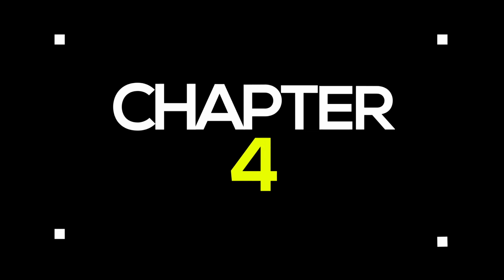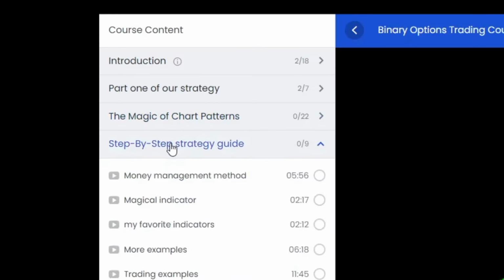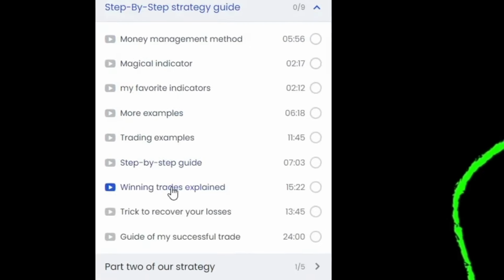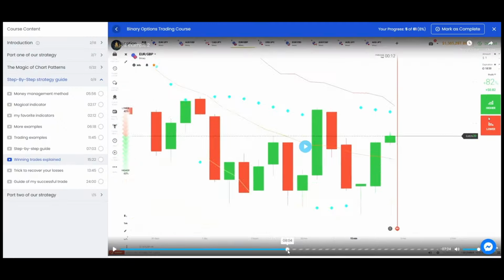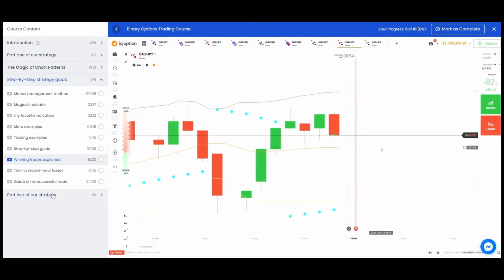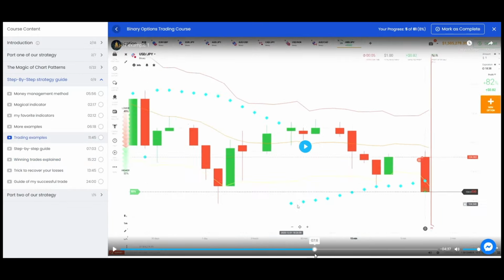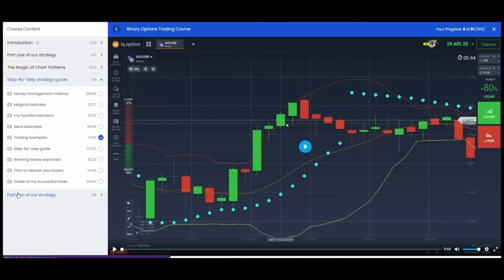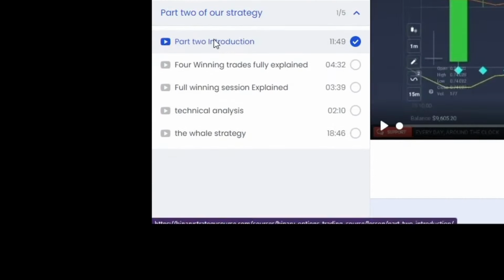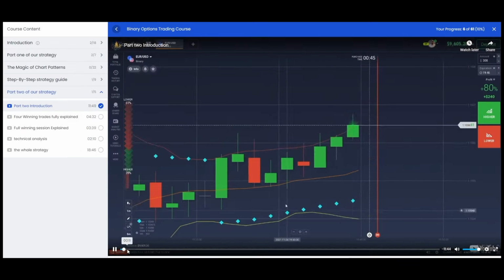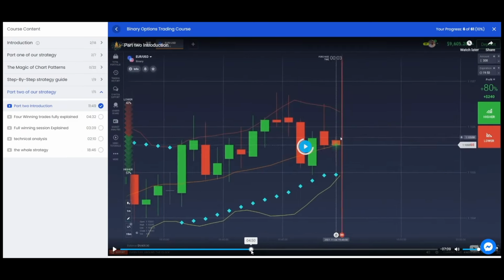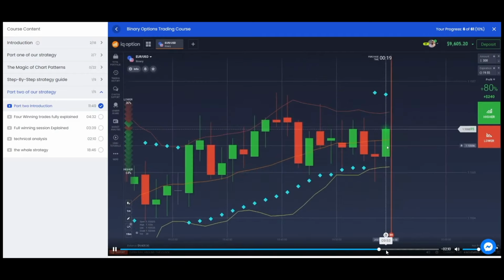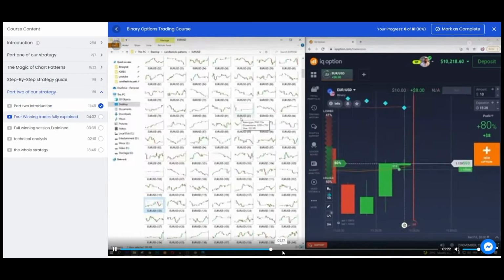The next one, chapter 4. Here I will guide you step by step through my strategy and through some of my winning trades. I will also explain to you how I opened some of the winning trades on my main account. And in the last chapter, we will have 5 episodes where we will learn the advanced level of my trading strategy. Once you complete the previous 4 chapters, the 5th chapter will take you to the expert level in trading